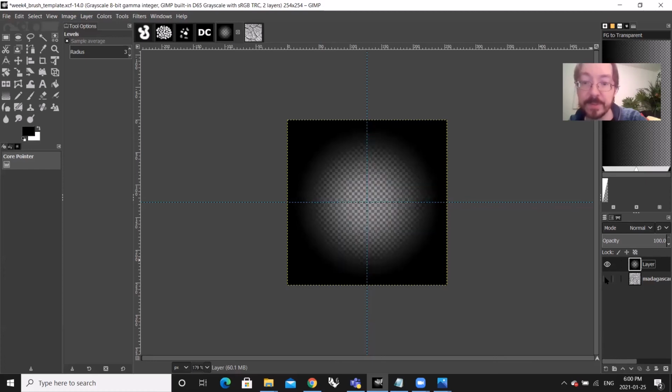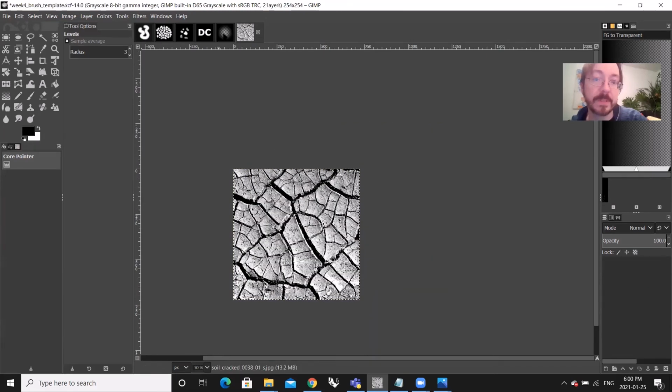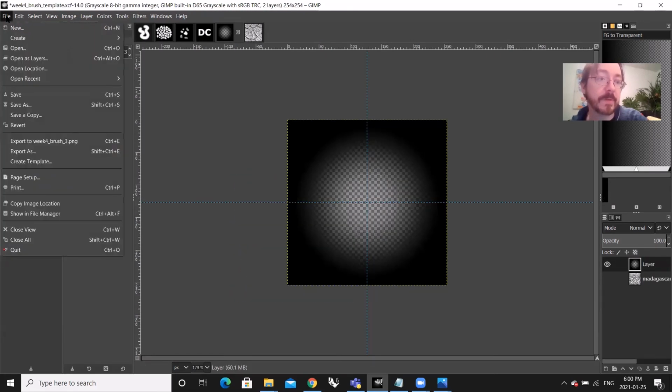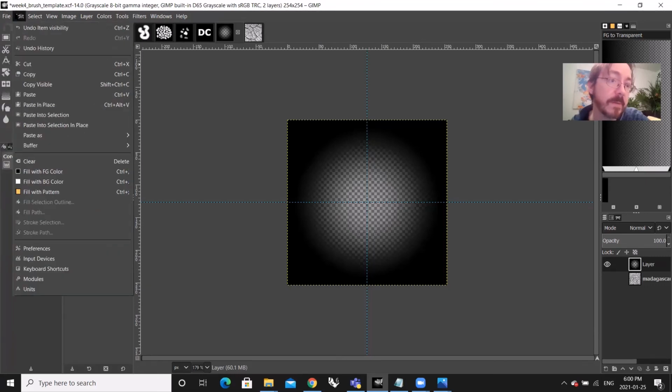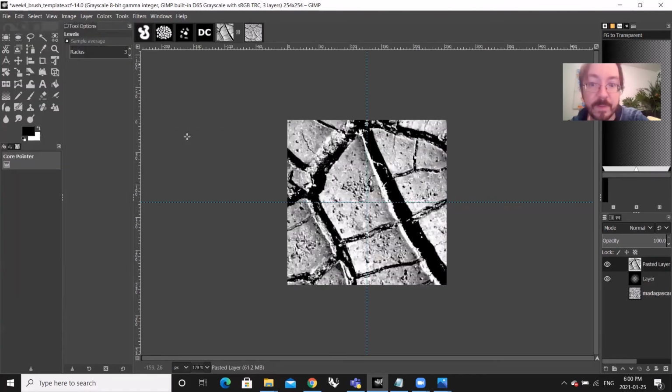So if I turn it off, it just disappears. I can paste in this thing that I just copied into this new image. So if I go to edit, paste as new layer, so it's now at the top of the image,